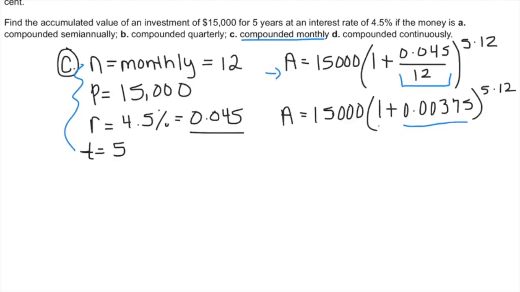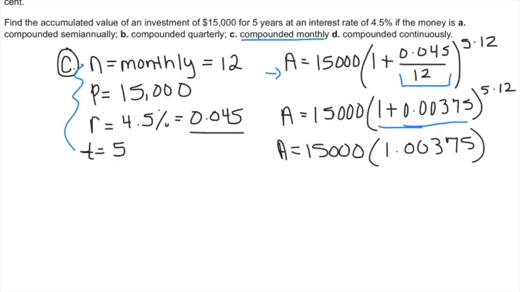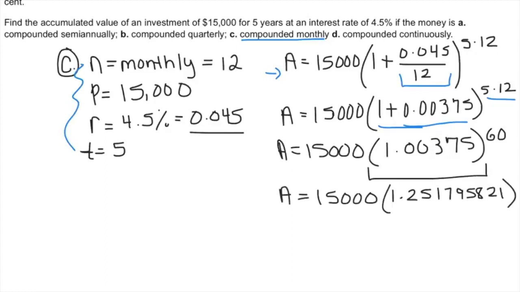Now I'm going to add 1 to that decimal in parentheses. I'll also go ahead and multiply the values in the exponent position. So 5 times 12 is 60. And then my next step is to raise 1.00375 to the 60th power. When I do that, I get A equals 15,000 times 1.251795821. Lastly, we'll just multiply those two values together, and we get